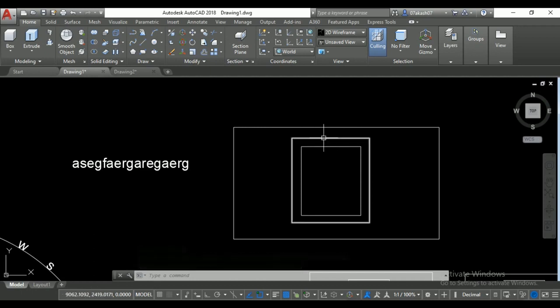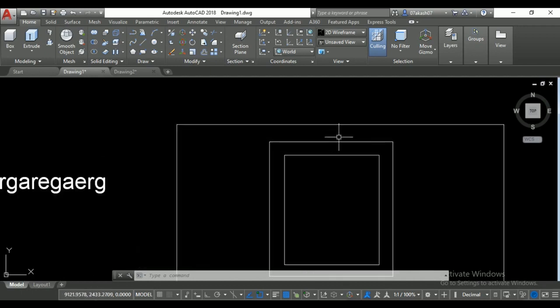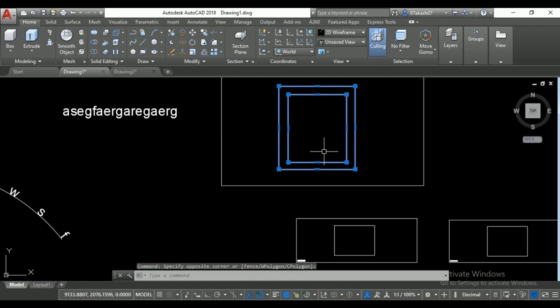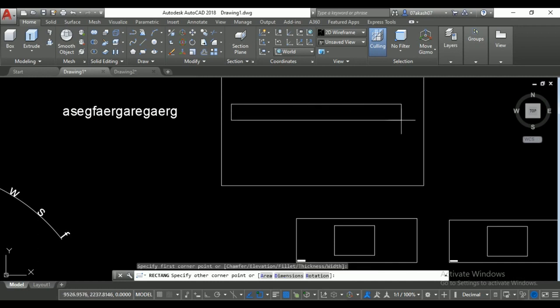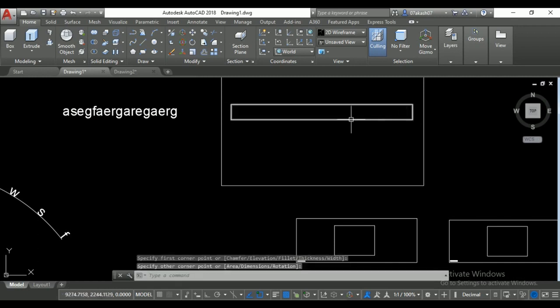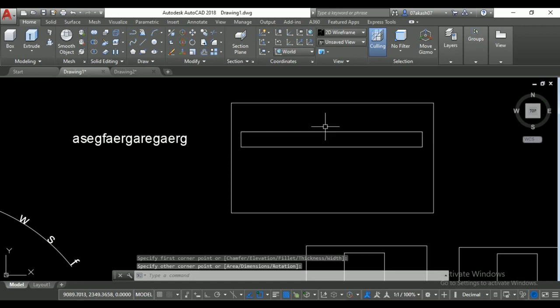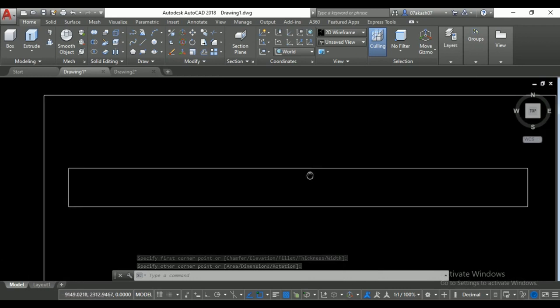So what you need to do here is show that you have broken the line over here, or you can also identify that you want to represent a shaft, but the dimension of the shaft is much higher than the A4 sheet. So you need to represent a break symbol here. The command is break line,